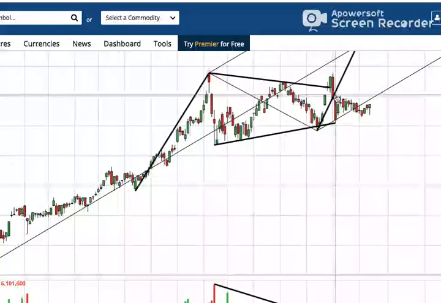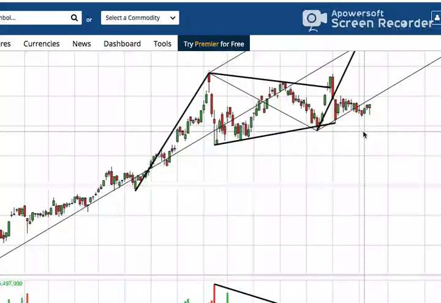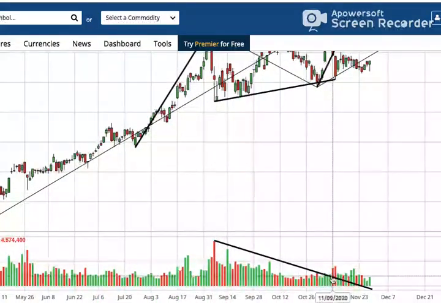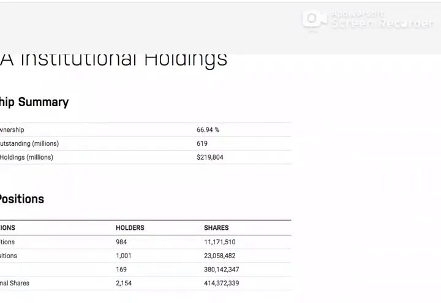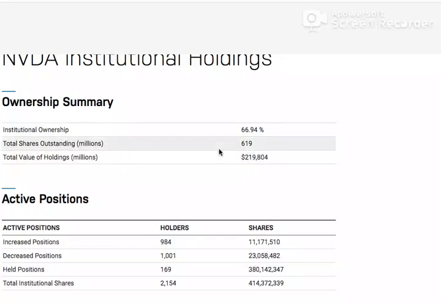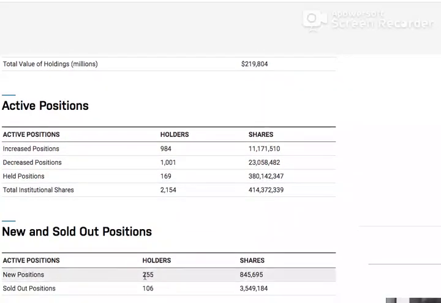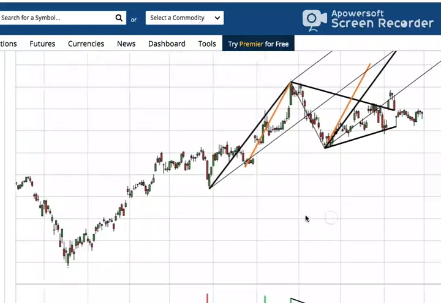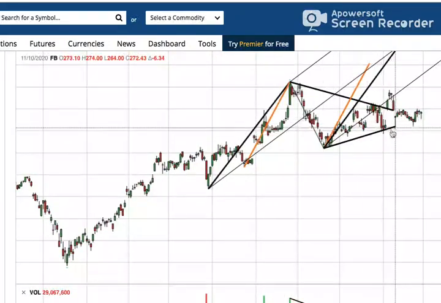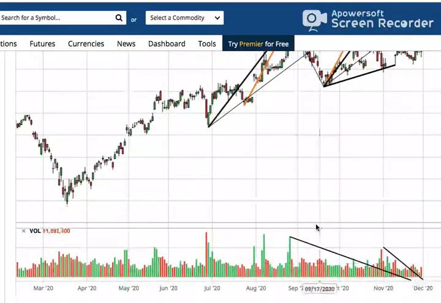So I like to have multiple forms of evidence. I don't just want a bull flag. I don't just want a wave count. I want a pitchfork. I want a bull flag. I want declining volume. And to be completely honest, I'll even research the institutional ownership for these stocks too. For all these stocks that I've covered, I'll check the institutional ownership, make sure we're flowing in instead of flowing out. So that's why when I say this is accumulation, I've done the research. This is definitely accumulation. The declining volume bars prove it.